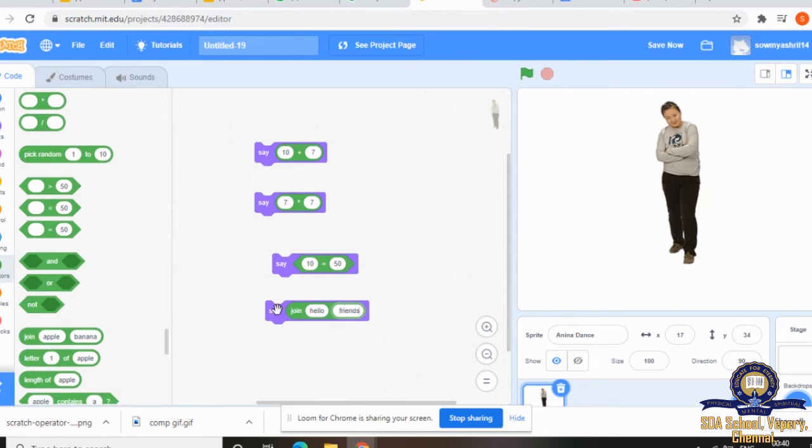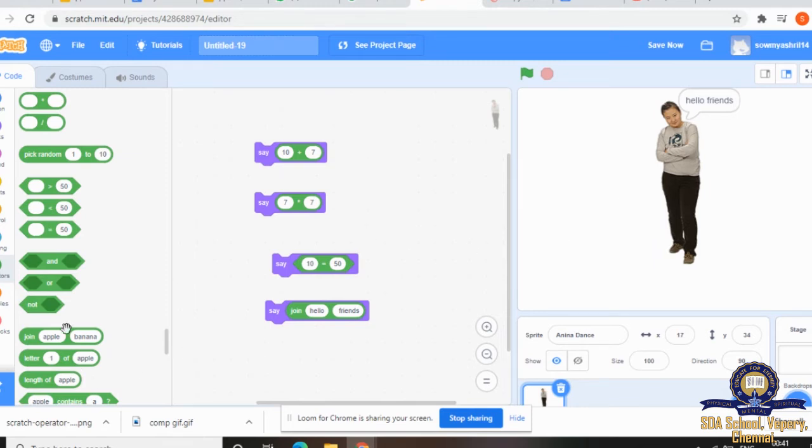Now when you click it, it's telling hello friends. What will happen if you do not give a space before friends? It will not have a space, so I gave the space before friends. Hello friends.